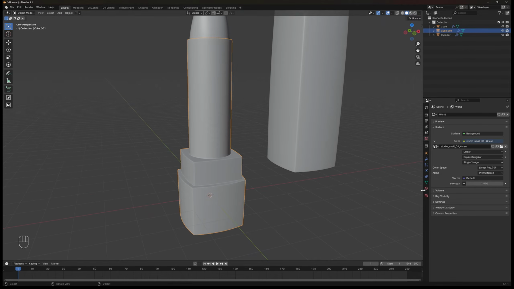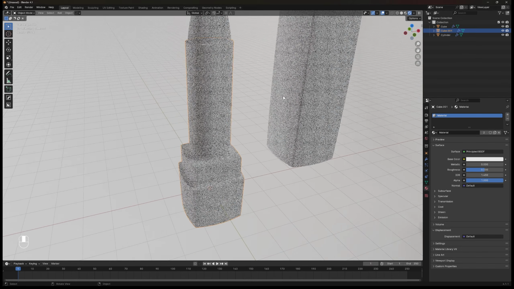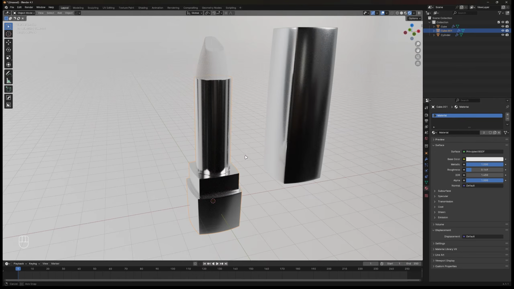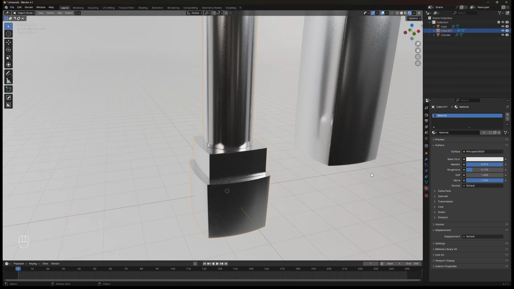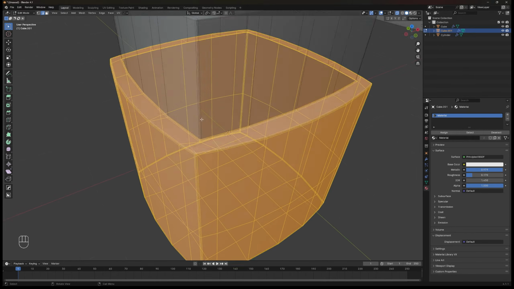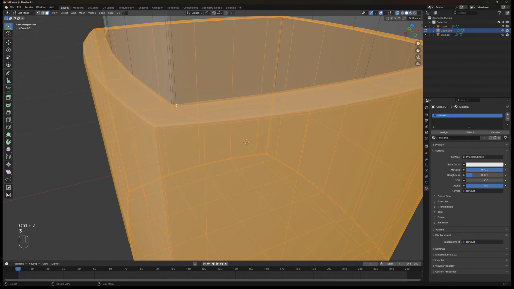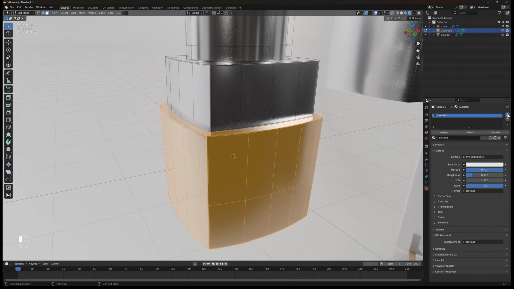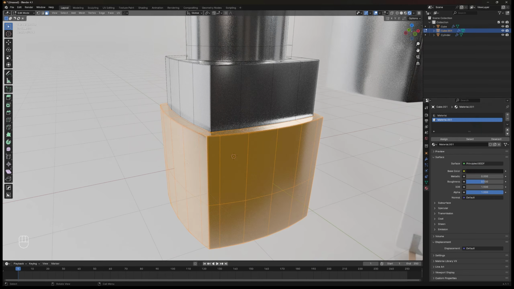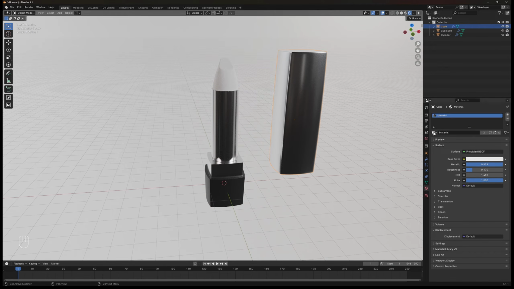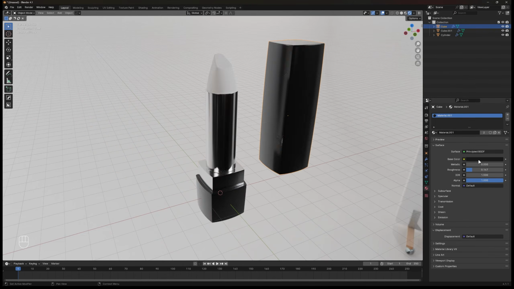On the right panel, click that red earth symbol on the bottom and click new to add new material. Here I increase the metallic to 1 and decrease the roughness a little bit. And back to edit mode, select all the bottom square body. Be careful when selecting it, just take it slowly. And on the material panel, click that plus symbol on top, change the color to black, then click assign. Select the lid and unfold the material arrow, then choose the same black material as the bottom body.